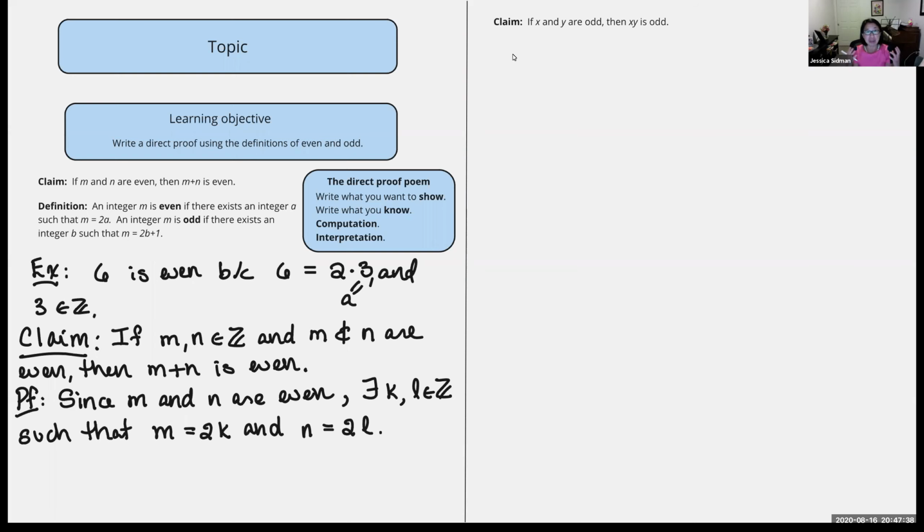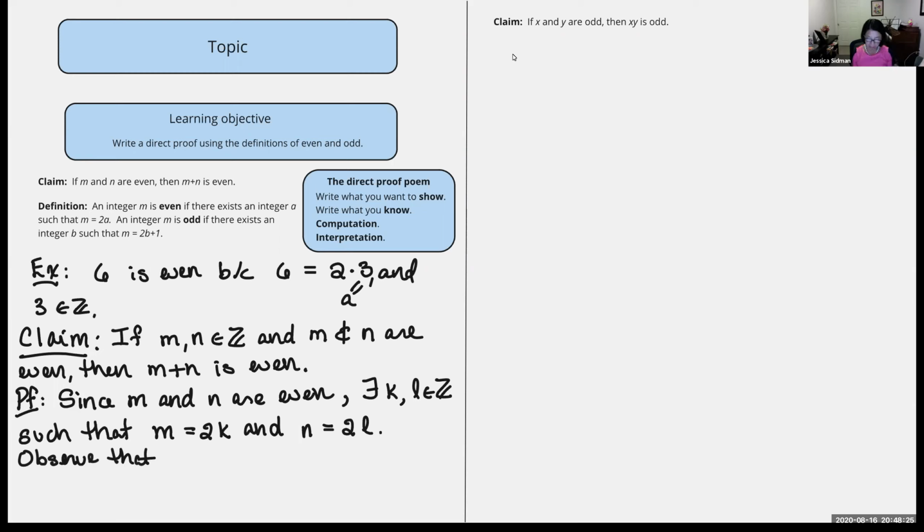Now, even though I'm going to do a computation, I still want my entire proof to be written in paragraph form. So every single part of my proof is going to be contained inside a sentence, although sometimes, if I have a long computation, I might highlight it and put it out of line, and it's easier to read that way, okay? So since M and N are even, I've used my definition, and maybe I'll start the next line by saying observe. Oh, let me see, do I have enough room for observe there? Maybe not. So I'll say observe